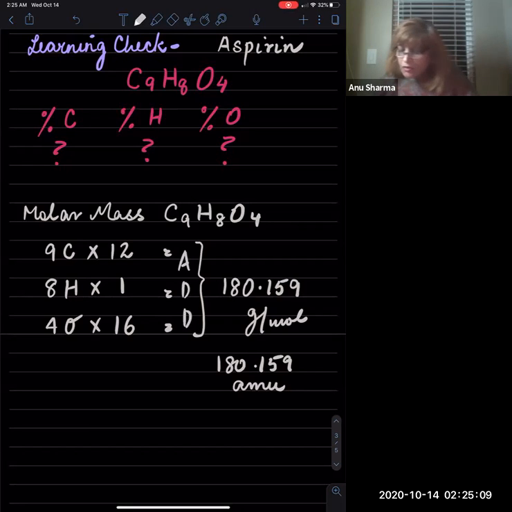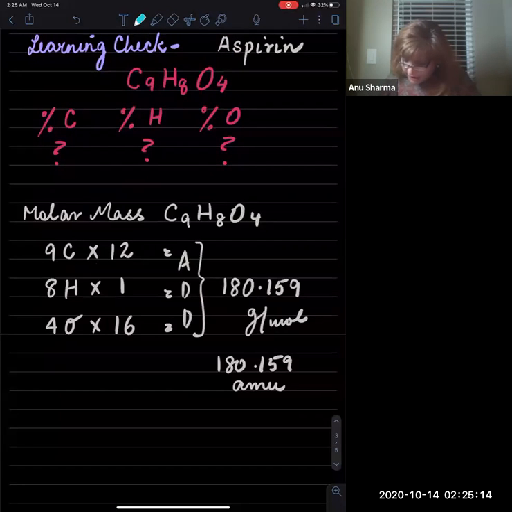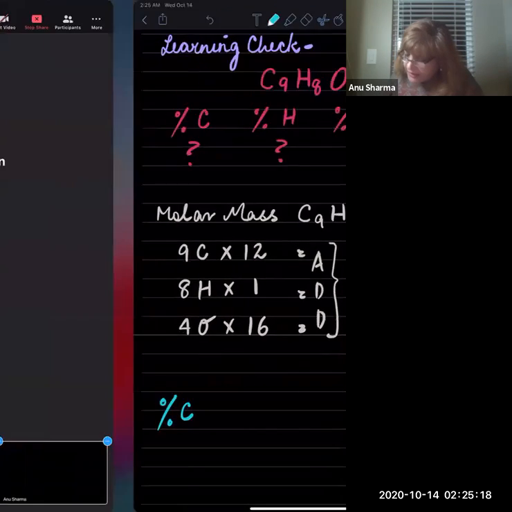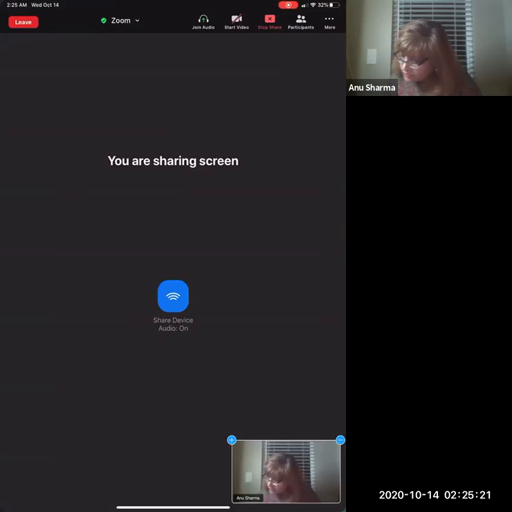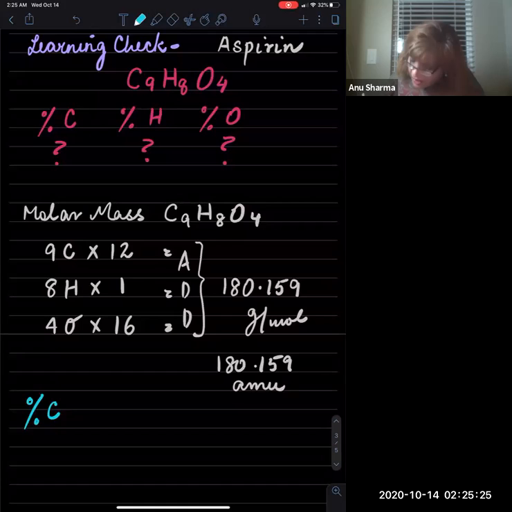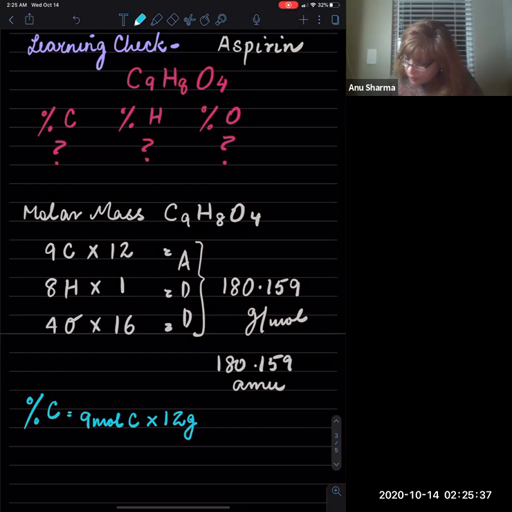Okay, now we will get the percentage of carbon. So we see the percentage of carbon. There are 9 moles of carbon present. Each of those 9 moles of carbon is 12 grams, and this whole thing is present in 180 grams of